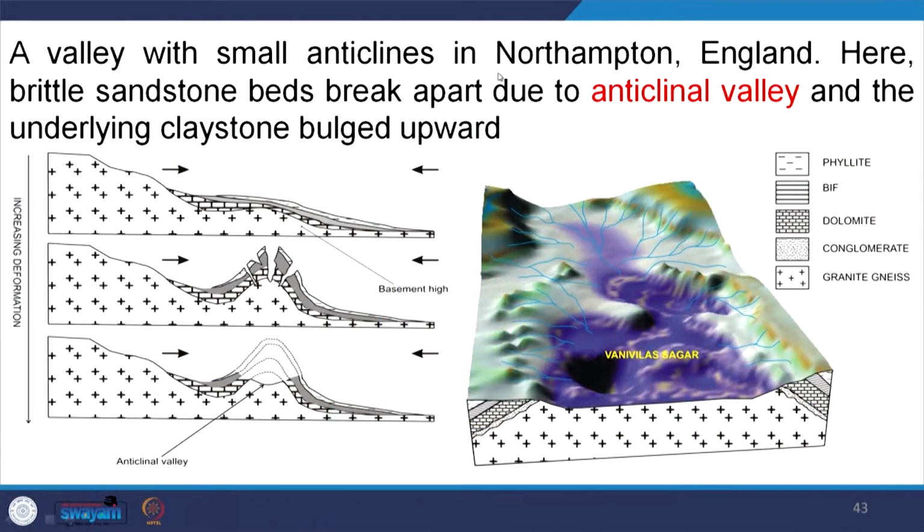Anticlinal valley and synclinal hill are formed in mature topography. What is mature topography? That means structurally it has already reached the optimum time, optimum size. So, what does it mean? If you see here, in a valley with small anticlines in Northampton,